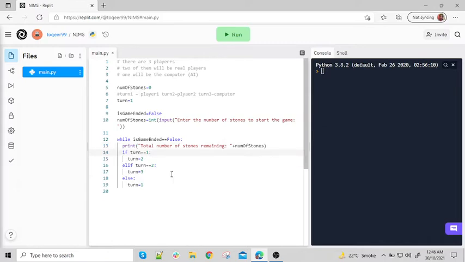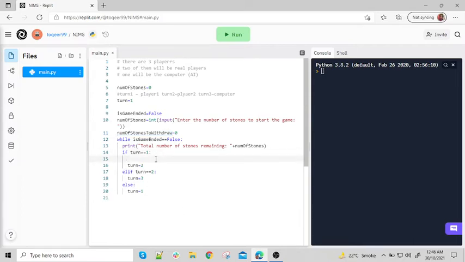So next, we have to ask the player to enter the number of stones he wants to withdraw. So I will create a variable, number of stones to withdraw, to make it meaningful. For now I'm giving it a longer name, but we can go with a shorter one as well, just to be clear I am doing this.